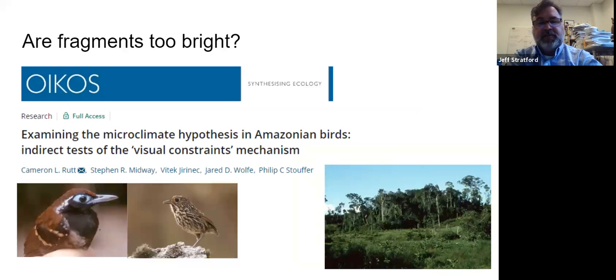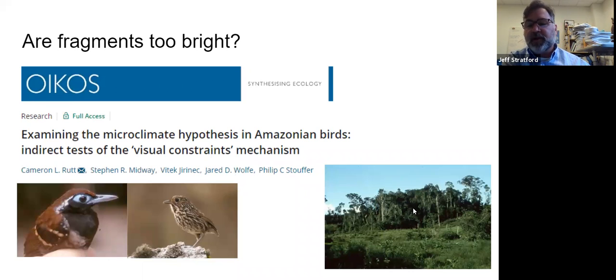So the other hypothesis that we looked at is, are they too bright? One of the things about these birds, these epigeal insectivores, is that they're living in a dark environment. They are searching for brown insects on a brown background. And so they must have just amazing visual acuity to find like a cockroach on top of brown leaves in a relatively dark background. So one of the hypotheses is that maybe they're too bright,